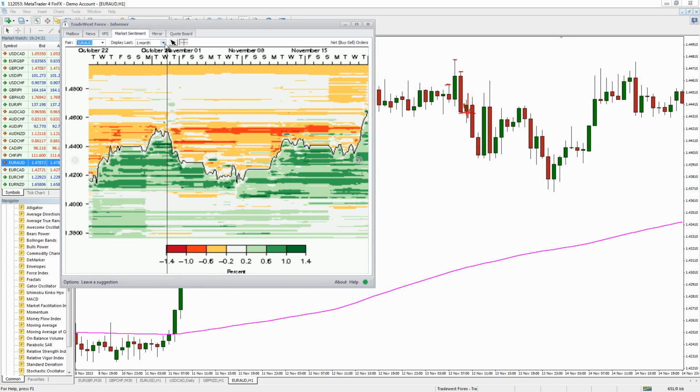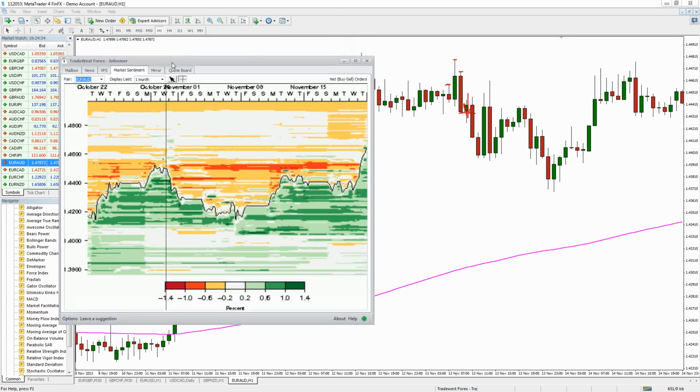Sure, you can use it on 15-minute charts. You can use this information on any time frame, really. You just have to try and match up the